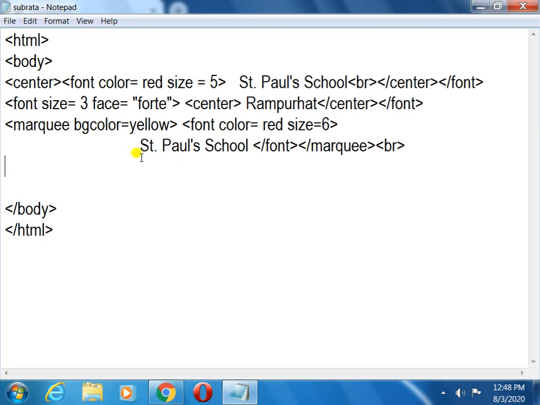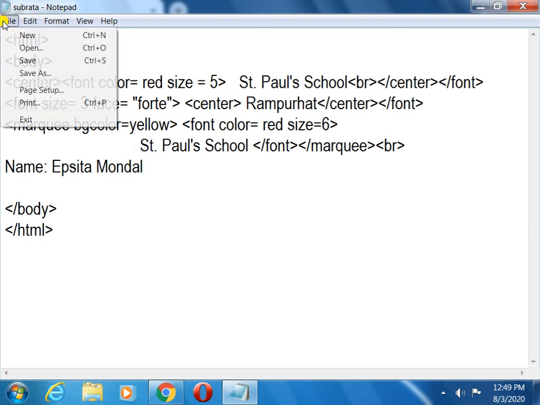Then you write the name, like this, whatever you want to write. Name, Ipshita Mandal.